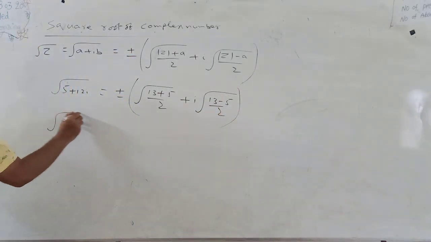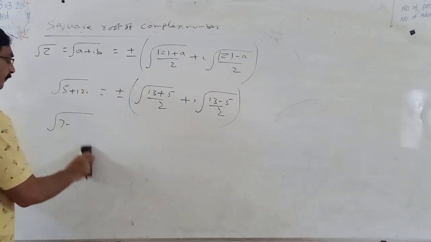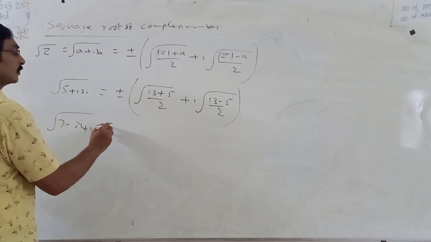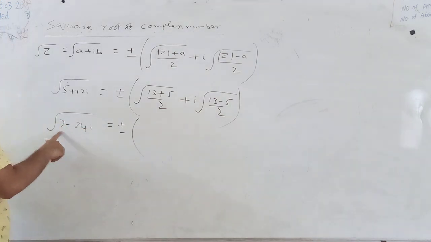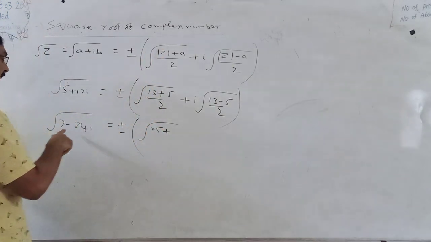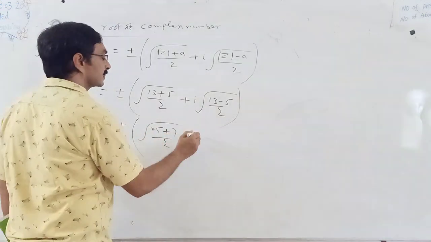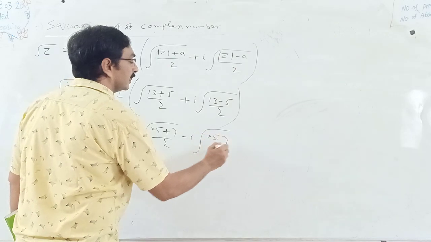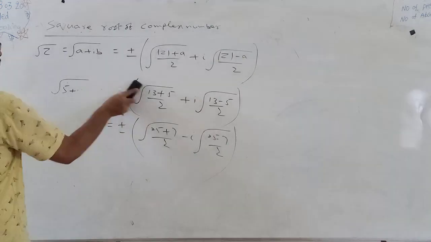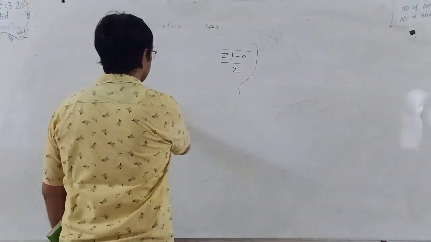Next, find the square root of complex number 7 minus 24i. So plus or minus, mod z, root of a square plus b square is 25, plus a, that is 7, by 2 is real part. Here middle sign minus, therefore minus i into root of 25 minus 7 by 2. So direct problems: find the square root of the complex number. So this is about square root of the complex number.